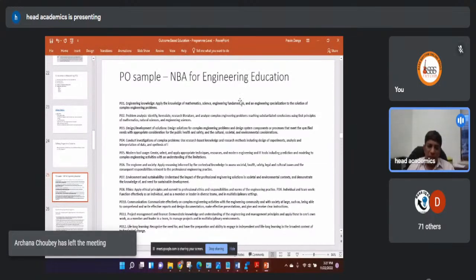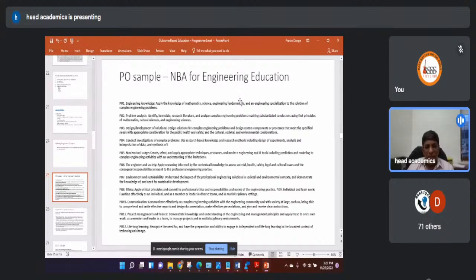So this is NBA Engineering Education. NBA is a signatory to the Washington Accord. So based on that, they have said that every engineering graduate the world over has to have these 12 graduate attributes. NBA has converted these graduate attributes to program outcomes in the Indian context.